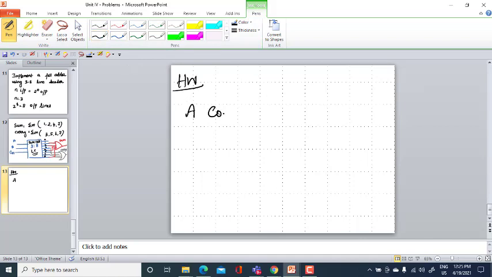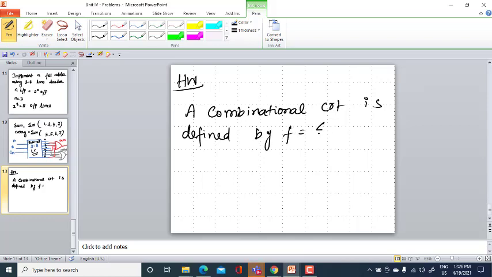A combinational circuit is defined by F is equal to sum of 0, 2, 5, 6, 7. Okay. This is a function.